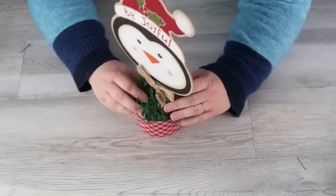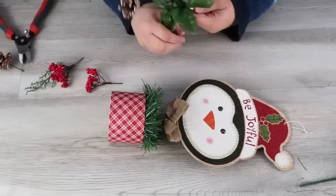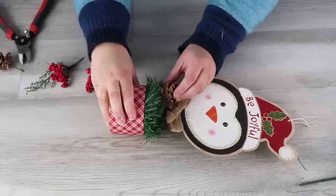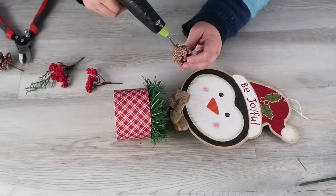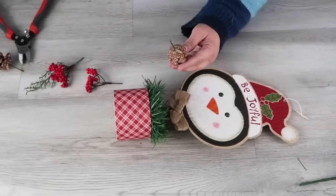I tucked all of that greenery down inside of my box, and now I'm going to come in with one of those picks. I love the picks at the Dollar Tree because they have such a variety and they are all on a crafter's budget. I trimmed them down to size, and now I'm going to just glue them right into that foam,